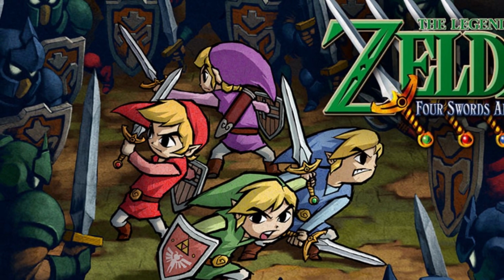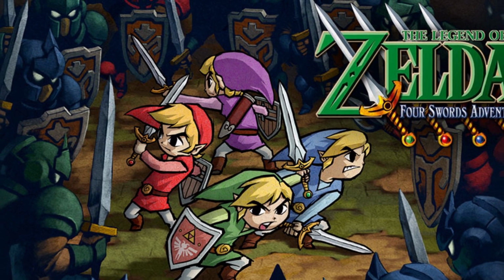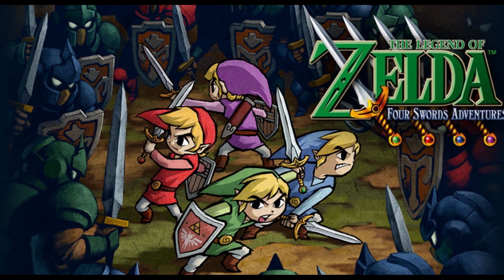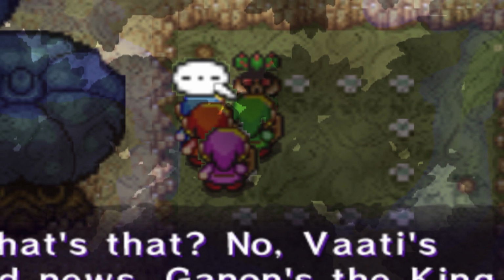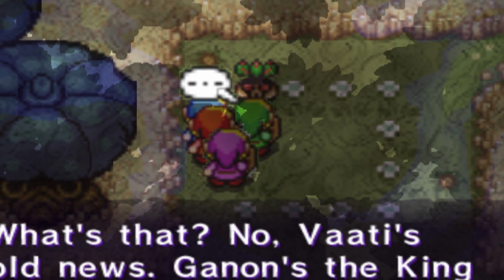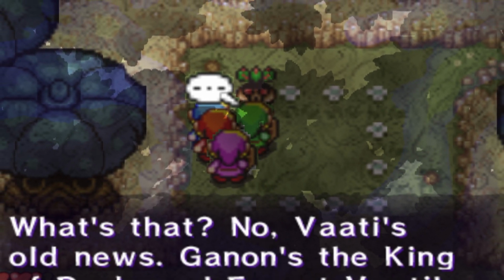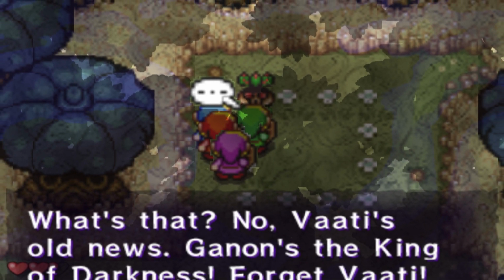In Four Swords Adventure, we don't ever physically see Ganondorf in the game, but we do hear a lot about him from others. In this game, we get to see the worship he inspires in those that admire his power. The words of praise the Deku give him in this game are unlike any other he has received so far, save for maybe the Gerudo and other NPCs in Ocarina of Time referring to him as the Great Ganondorf, and Zant referring to him as his god.